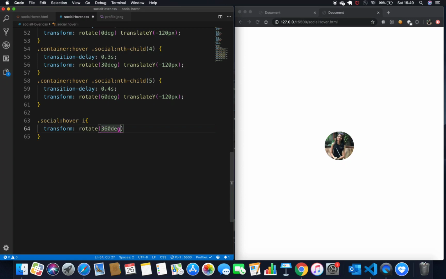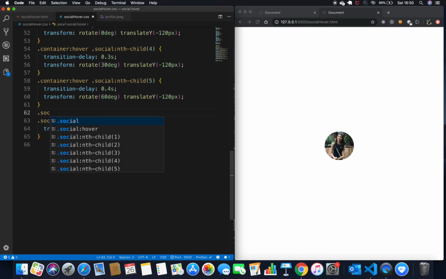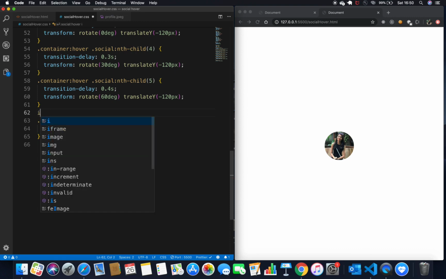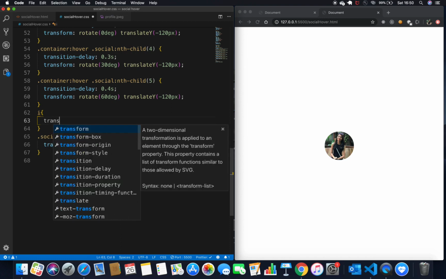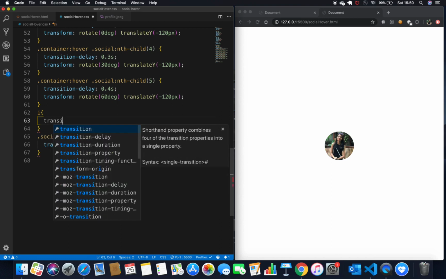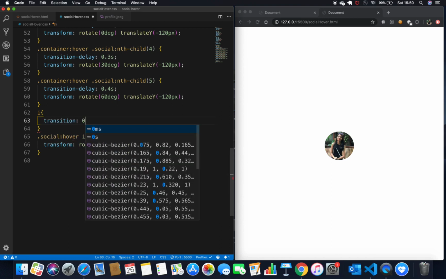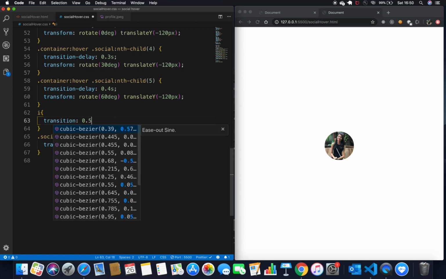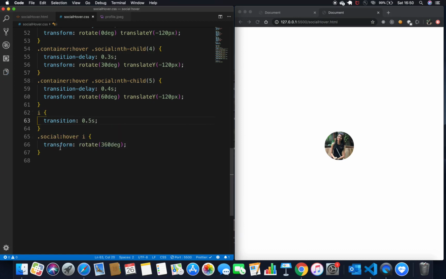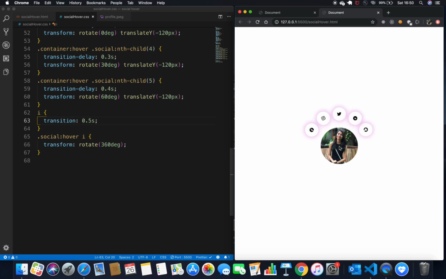So 360 degree rotation, but this is not going to work unless I give the transition property like we spoke about before. So to my I tag, I'm going to give transition, so transition should occur for 0.5 seconds, right? So this should actually work now. Let's hover on it and see.